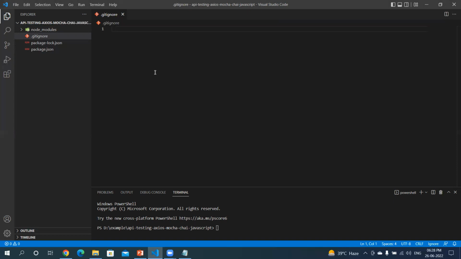So first, we can mention node_modules/. Any of the files and folders which are kept under node_modules will be ignored. I can ignore any of the log files. I can ignore any of the temporary files. I can ignore the complete log folder itself,